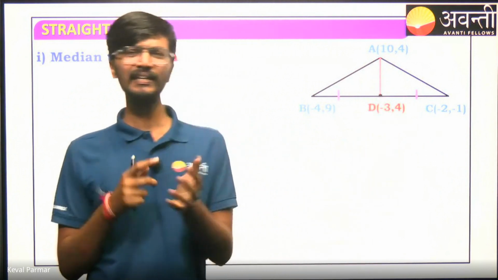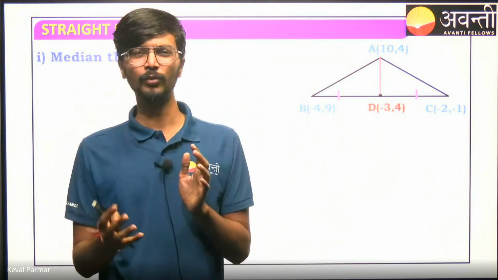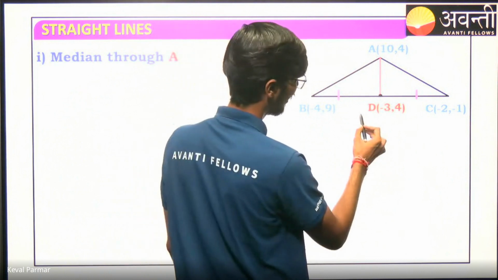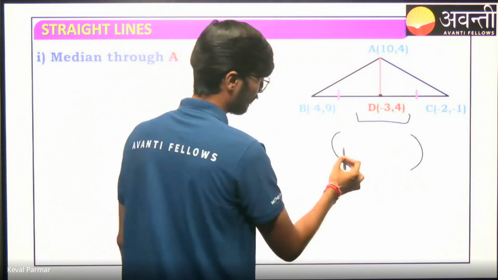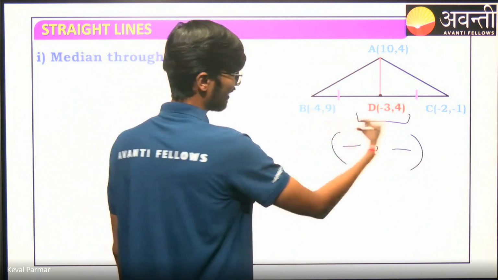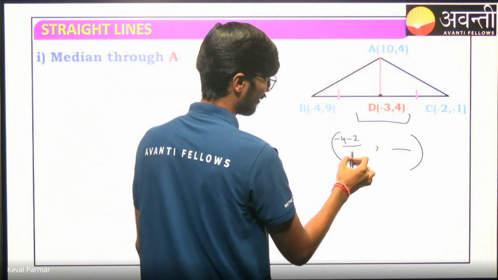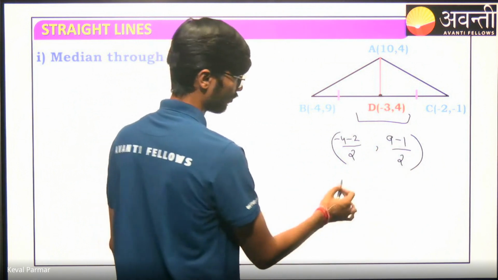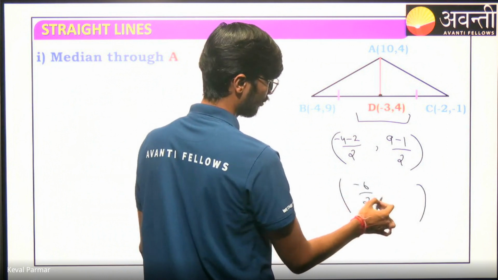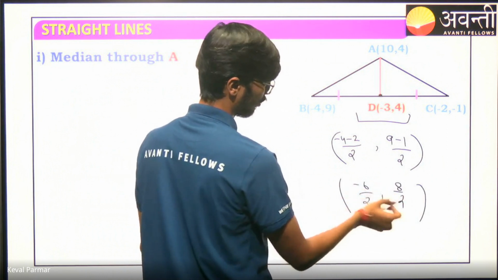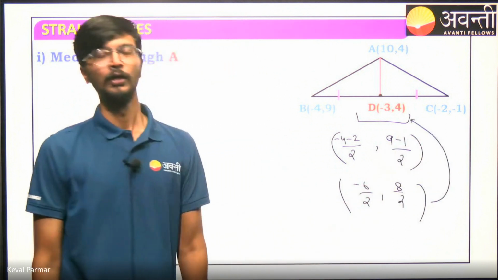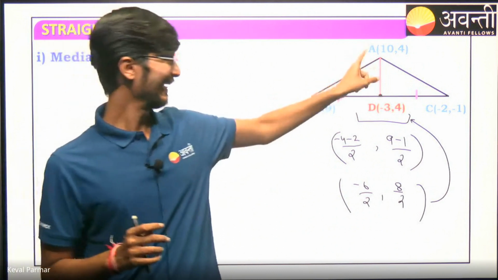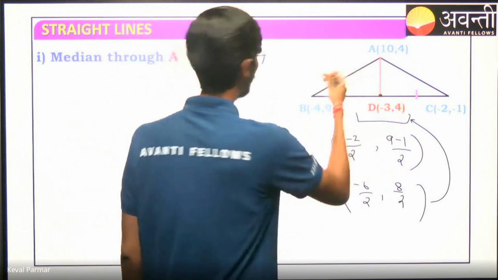How can I get D? D we can get very simply by using the midpoint formula. I hope you are aware of the midpoint formula. So let me write it here. What is the midpoint formula? Add the x coordinates, divided by 2. Same, add the y coordinates, divided by 2. So what do we get here? Minus 6 by 2 and 8 by 2. So we get minus 3 comma 4. So basically here I have to find a line segment which joins A and the midpoint of the opposite side. That means I need to find